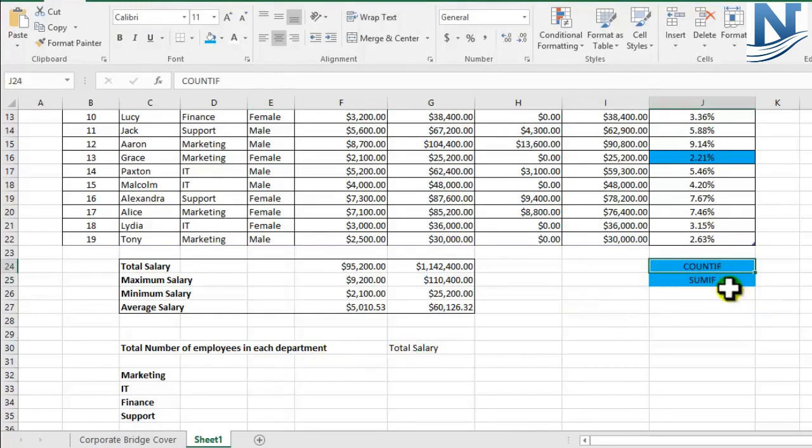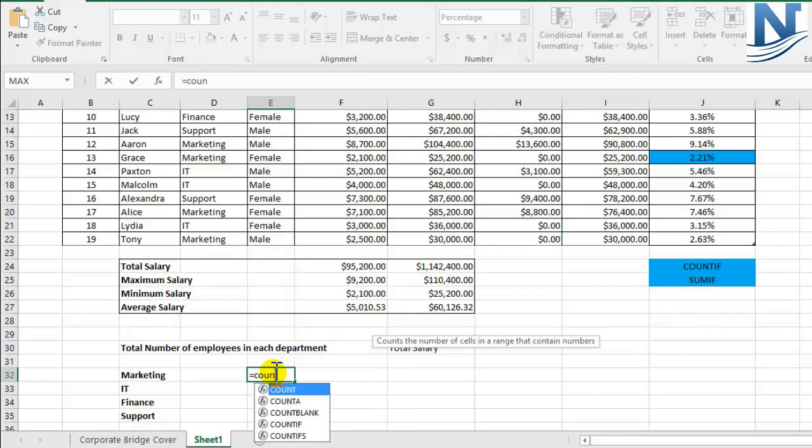So if you try to see the COUNTIF function, there's an if function associated with it. So in the earlier tutorial only, we have seen the use of if function. So let's see how COUNTIF function can be used in this case. So what I'm going to do is I'm going to include equal to sign. Since we are starting a formula, it's very essential to include an equal to sign, and just type COUNTIF, as in when you start typing you can see this function. So now for this function you need to give the range and you need to give the criteria.